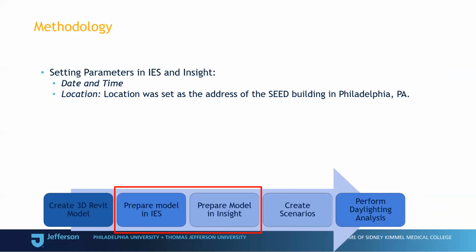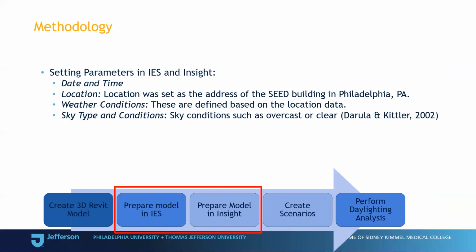Location was set as the address of the seed building in Philadelphia. Weather conditions are defined based on the location data. CIE standard sky conditions were used in both tools. This physically accurate sky model is recognized as an industry standard and controlled by two illuminance values to be chosen as overcast or clear. This is defined to set the work plane of interest and to provide a base for